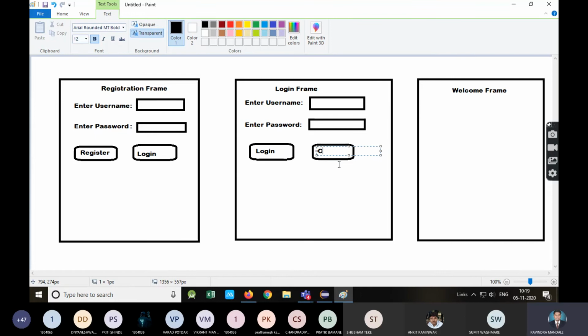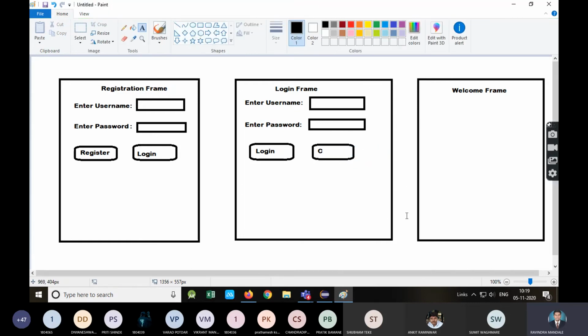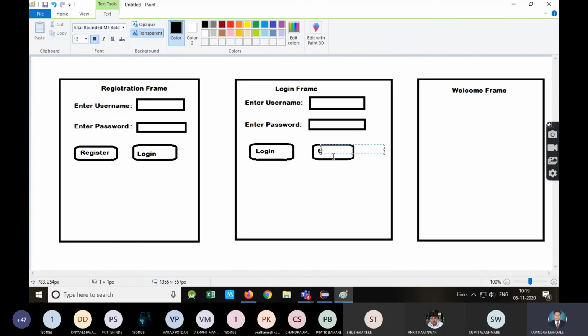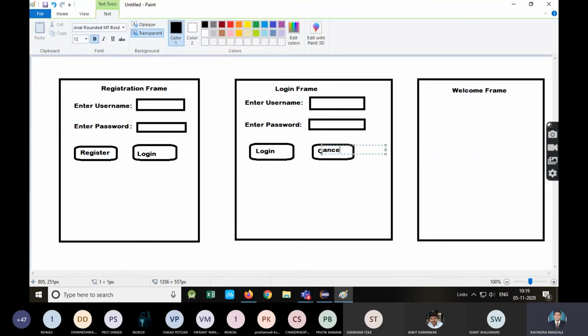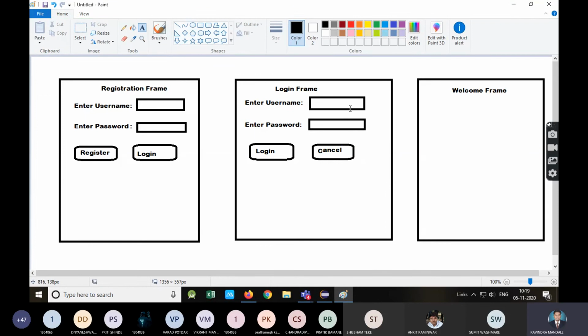If his username and password do not match the database, then I will simply display a message to the user, that your credentials are not matching or user does not exist. So that will be our application. And here I will simply add cancel. That means the username and password will just be cleared.